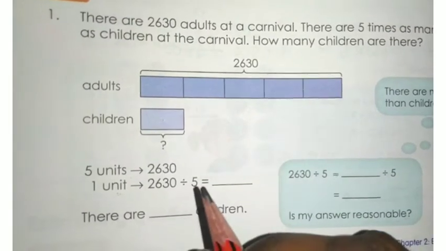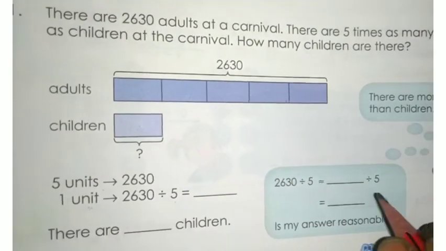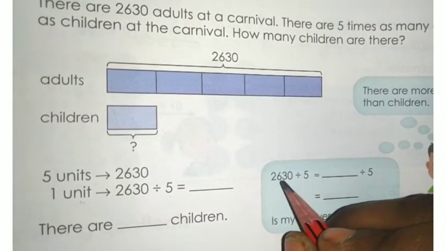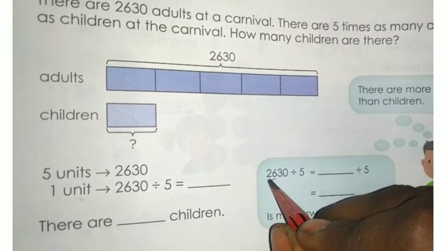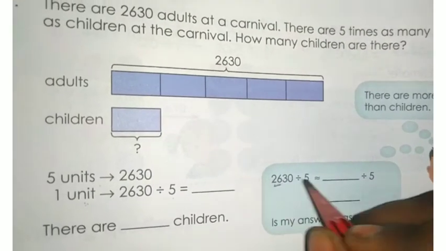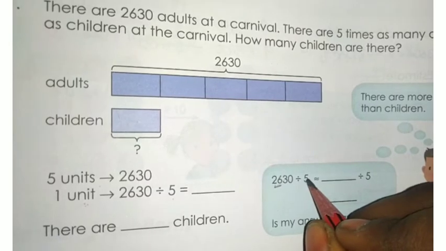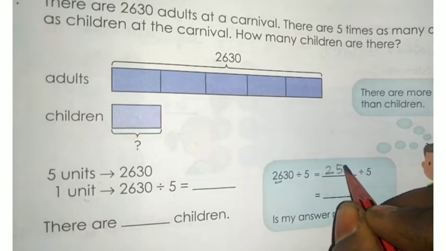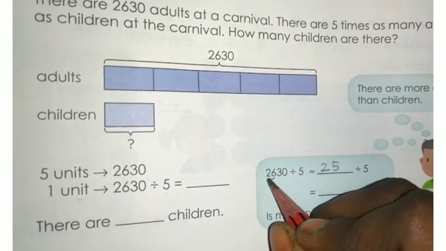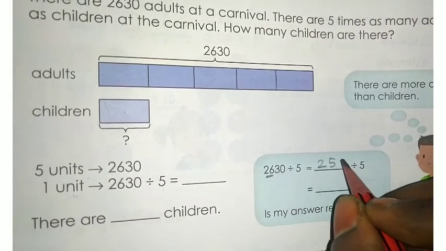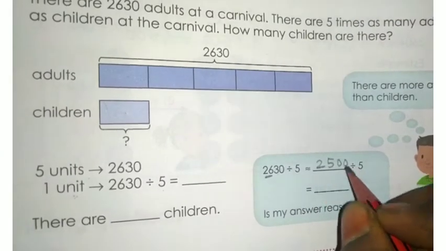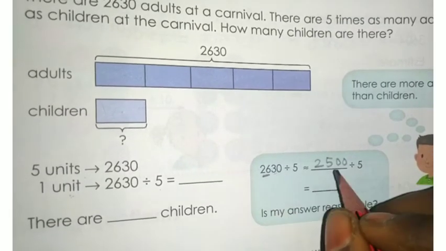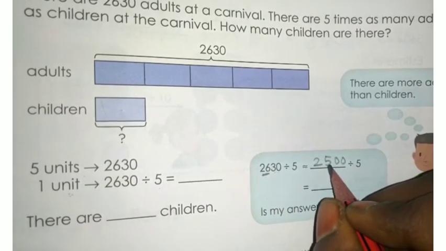Before finding the divided value, you have to find estimated value. 2630. Use 5 table. How many times you get 26? Look, first 2-digit number. Thousands place and hundreds place. 5 5s are 25. 5 6 are 30. So you have to take the approximate value as 25. Consider these 2 digits, children. For remaining 2 digits, you have to put 0. 5 5s are 25. So you have to write it like this. 2630 is approximately equal to 2500.